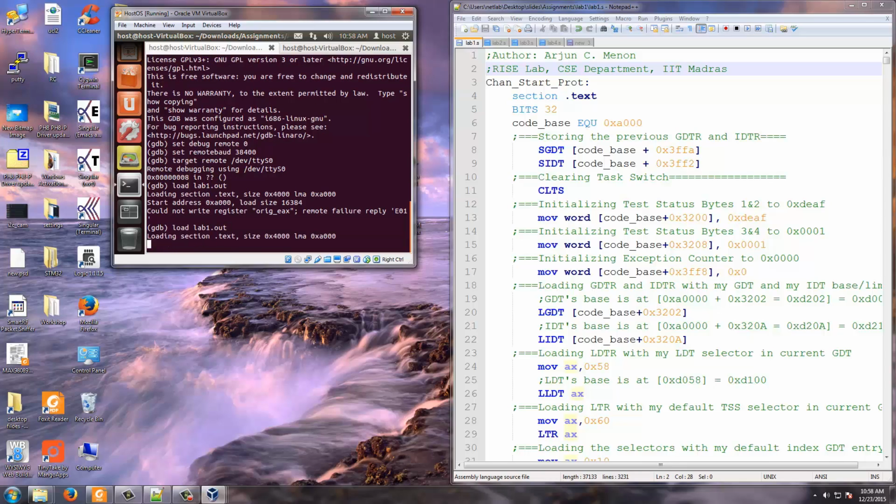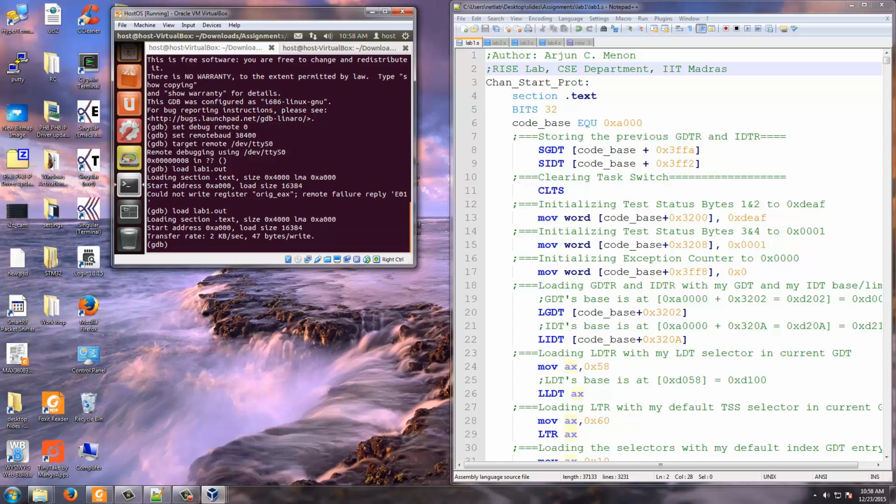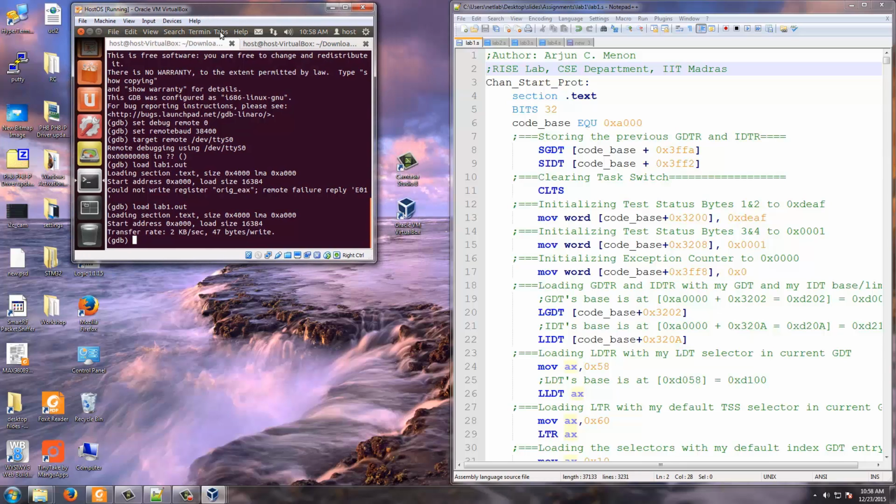So every time you may have to load it once or twice. Once you get this transfer rate, these three commands, now you have successfully loaded. Now we have successfully loaded, and now we can start the assignment in detail. Okay. Now let us go to